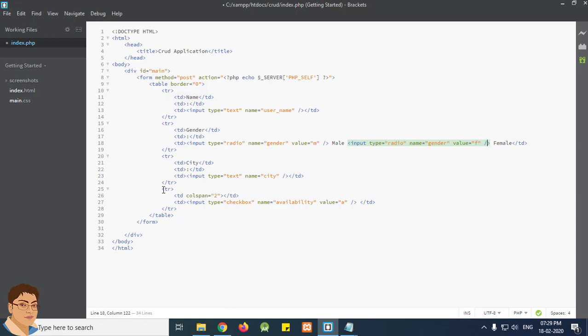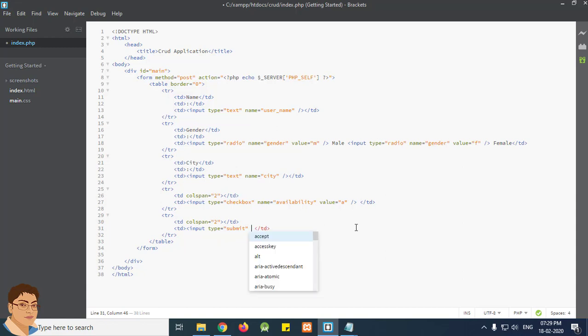Okay, now we also need another row, and here we need the submit button. So write input type submit, value register. Okay. Press Ctrl S to save the file, and let's